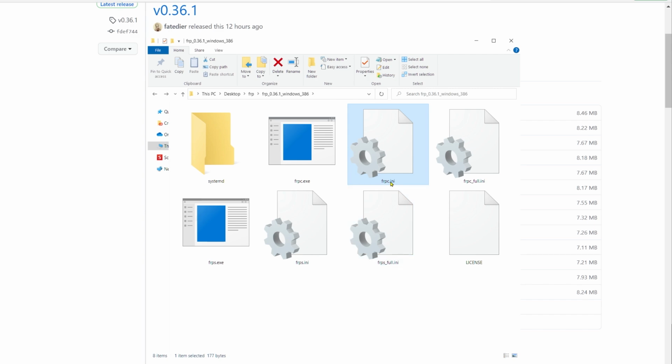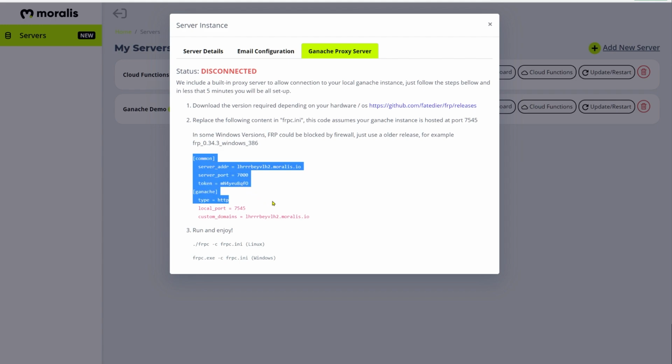Don't confuse frpc.ini with frps.ini, because this is a completely different thing. Don't touch this one. You touch this one, frpc.ini. So what do you do? You go and you paste this. This will be a bit different for you because the token will be different, the server address will be different, but you just copy this